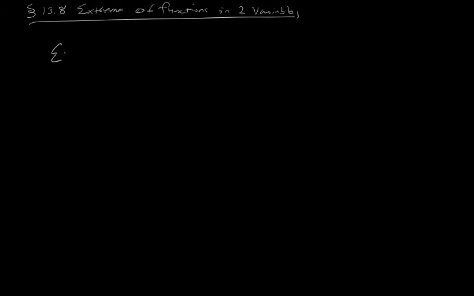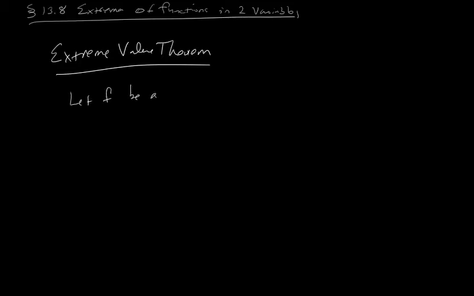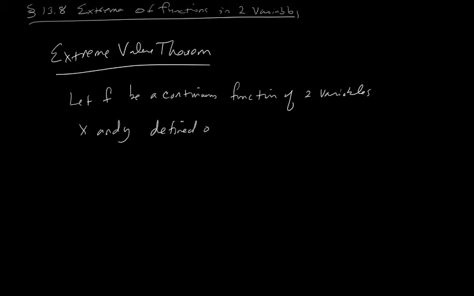So first of all, let's start with the extreme value theorem. This is going to be extended into functions of two variables. So we're going to let f be a continuous function of two variables, x and y, defined on a closed, bounded region R